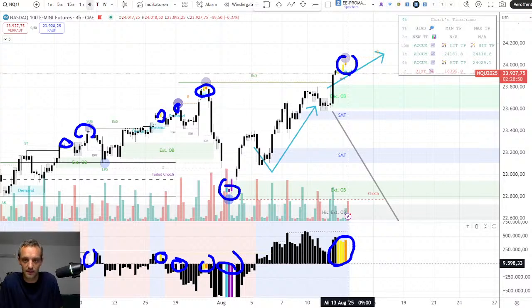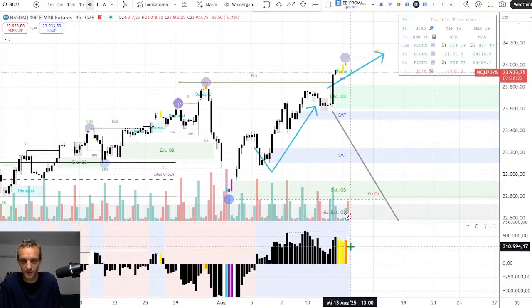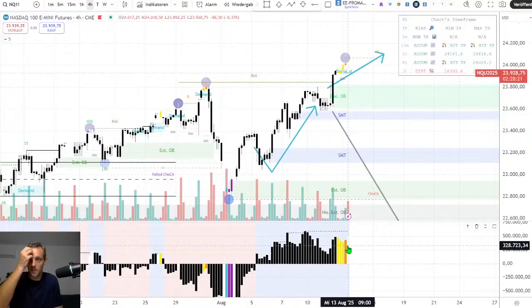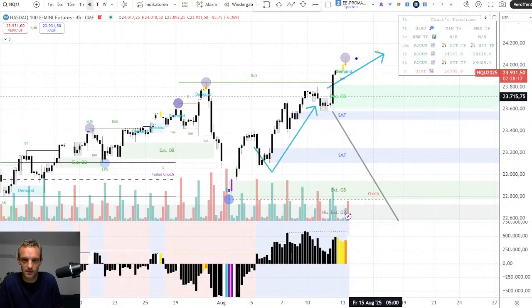So currently the color is decreasing. We have already a white candle on the 4-hour chart. So it looks like this might be a swing high. We get a pullback below the demand, maybe to a decisional order block, get some nice pullback here. And then it is very important how the market will react, should continue to the upside, especially if the NASDAQ